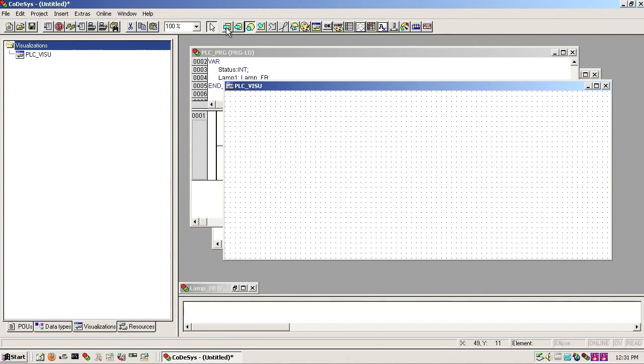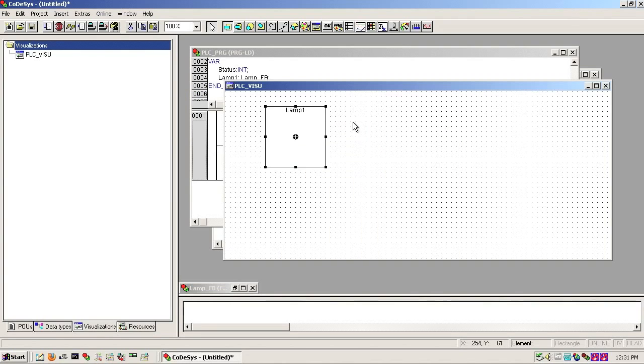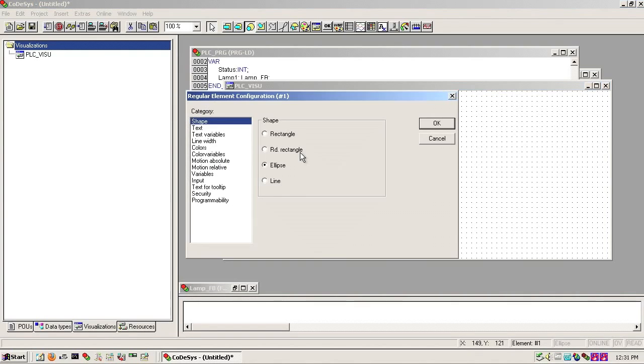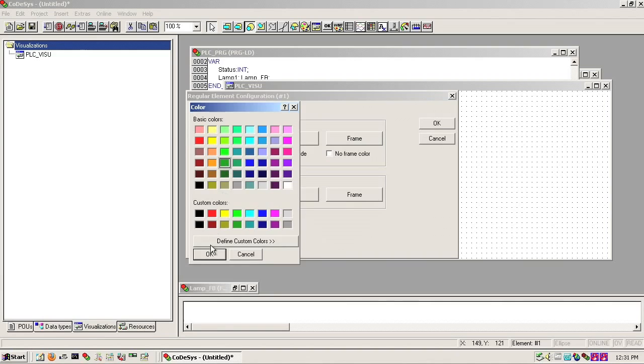And alright, I'm going to create an object here. I'm going to click on the square, double click on the square, and I'm going to type in lamp 1, and I'm going to put that at the top of the box, and I'm going to click the circle, create a circle here, double click on the circle, and if you go to colors, I'm going to make the inside a dark green and the alarm color a light colored green,